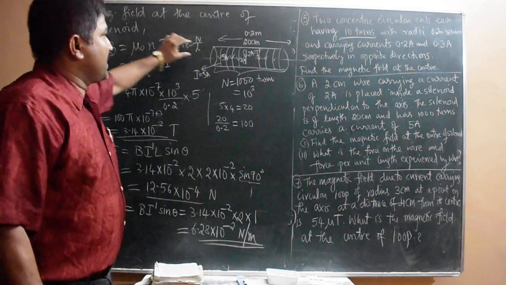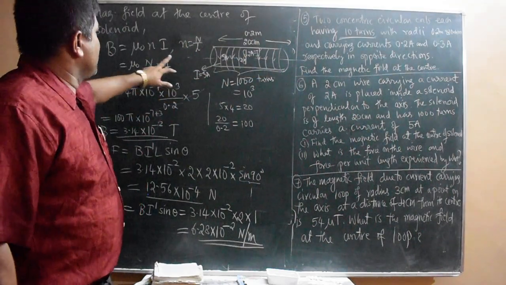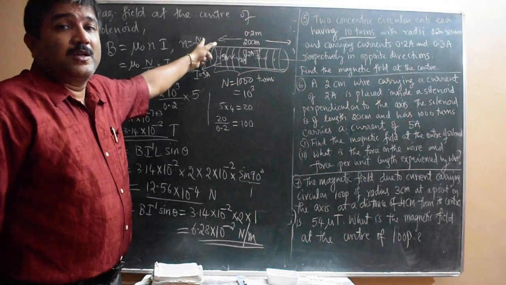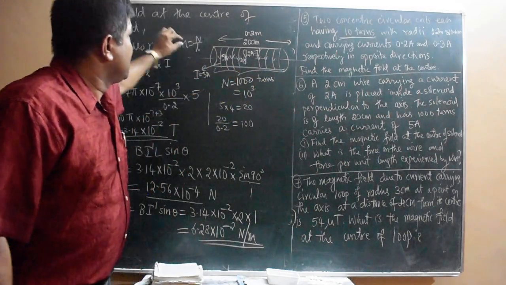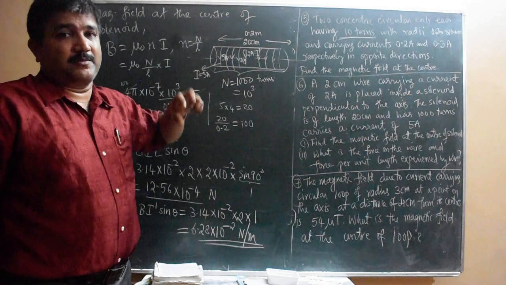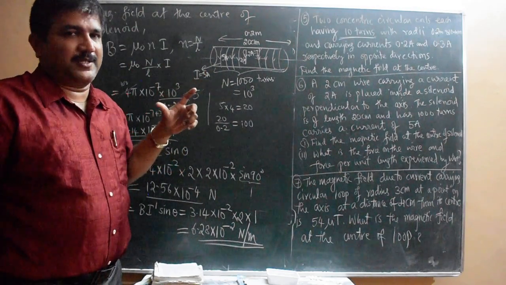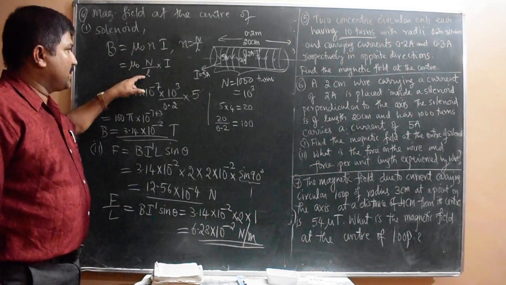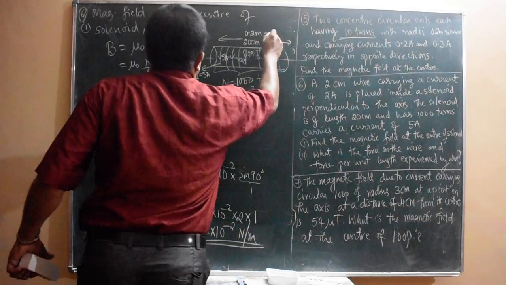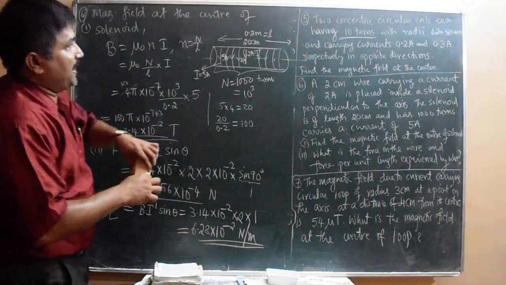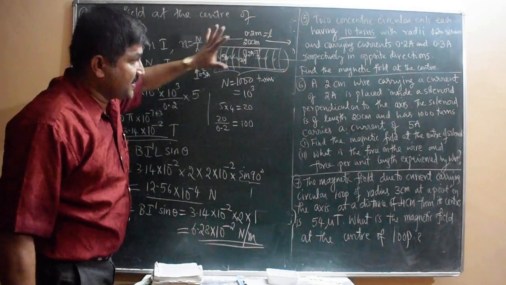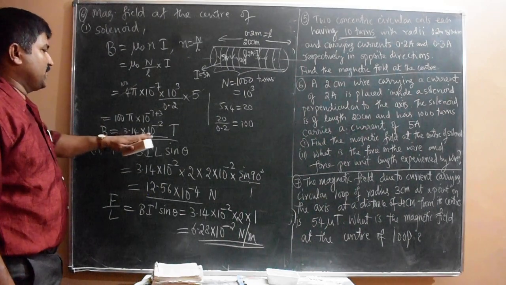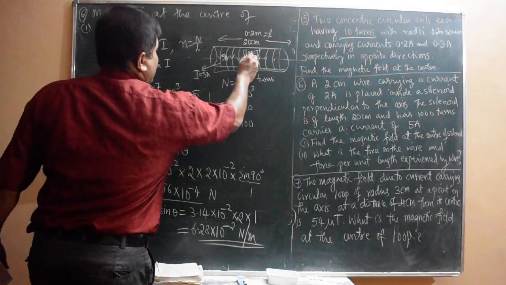What you have to get is that the magnetic field due to the solenoid is mu naught n I. Here n is N by L. Capital N stands for the number of turns, total turns 1000, whereas small n is turns per unit length, meaning in 1 meter length, how many turns are there. Instead of n, we take capital N by L of the solenoid. This L is the length of the solenoid, and the wire placed inside along the solenoid axis has its own length. Then we get 3.14 into 10 power minus 2 as the field at the center of the solenoid.